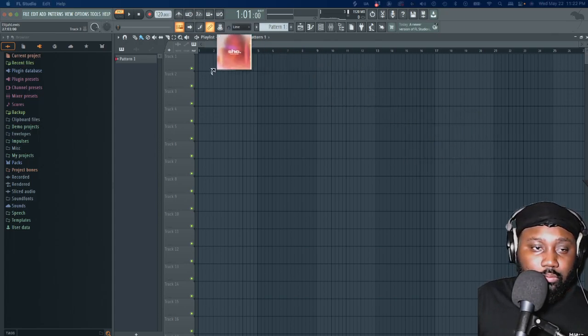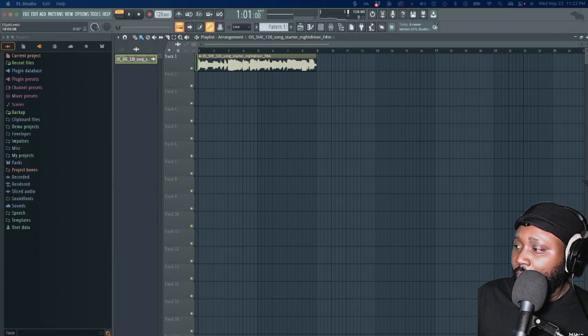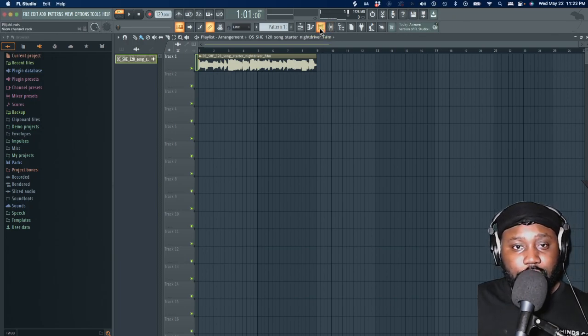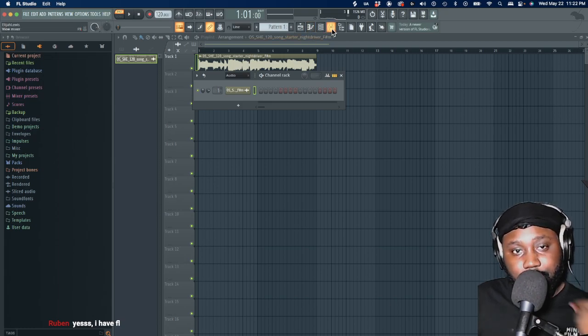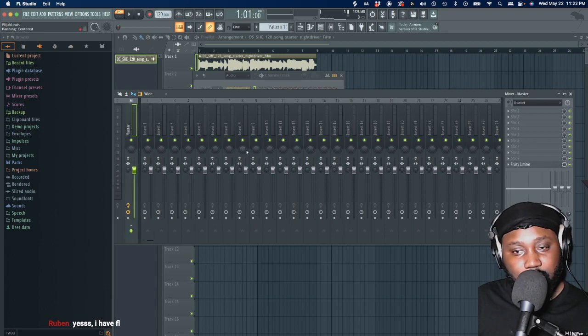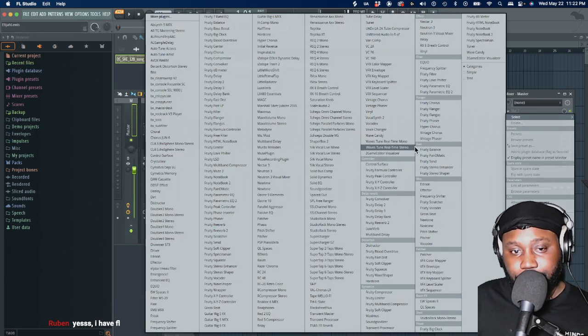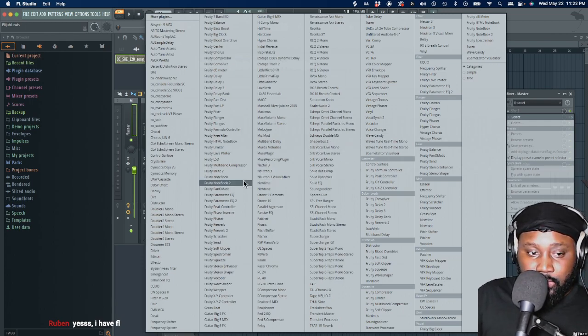So, actually, I'm gonna drag this up here. All right. Like for instance, when you add, say you just added this in there, right? You can drown it in reverb. So like you might,